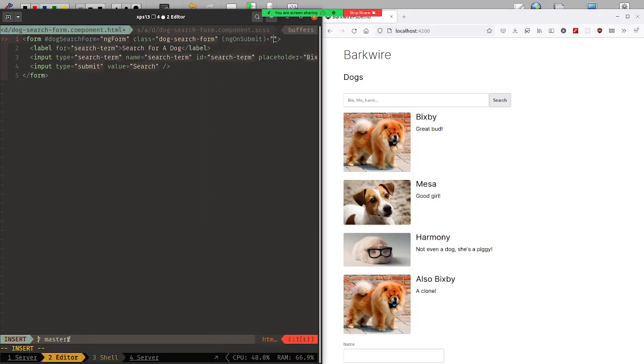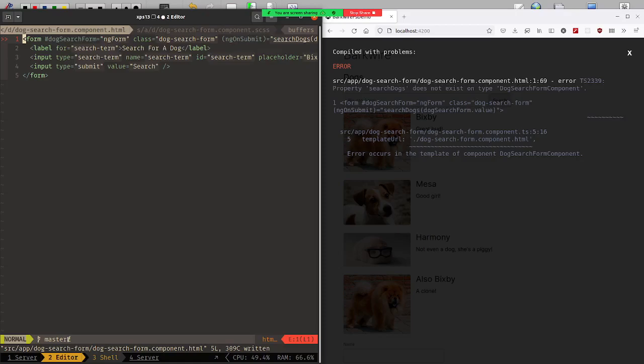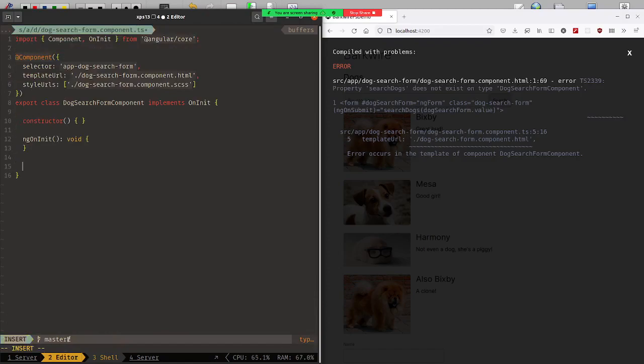So when that event happens, we call search dogs, yeah, with the dog search form dot value. Cool. So now it goes, hey, you don't have a search dogs thing. So I go dog search form search dogs,